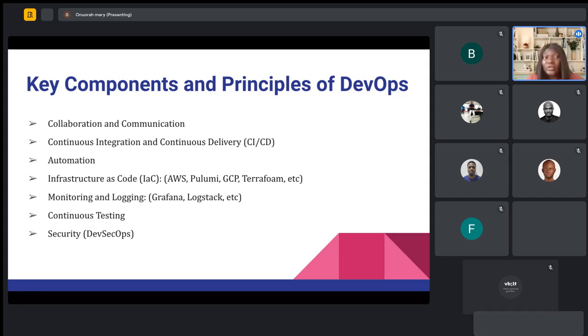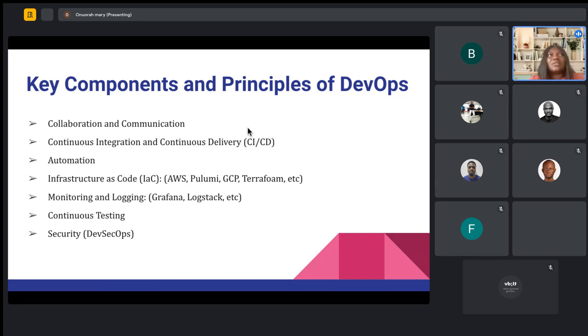Then the automation. And automation here doesn't necessarily mean automated tests alone, right? We talk about automated tests, we talk about automating the infrastructure, we talk about automating the process of ensuring your DevOps flow, basically, right? So it's not just about automated tests. I know for some QAs, when they hear automation, they just think it's writing automated tests, or maybe automating your test alone. So then we have infrastructure as code.